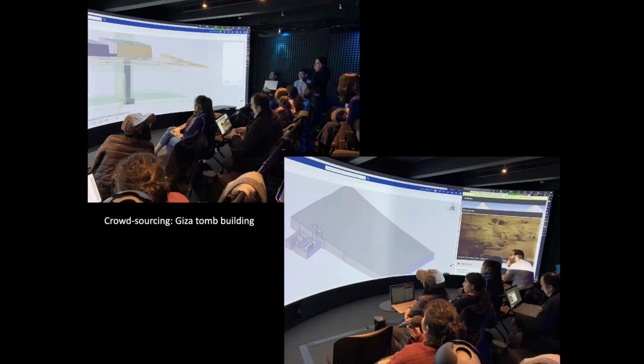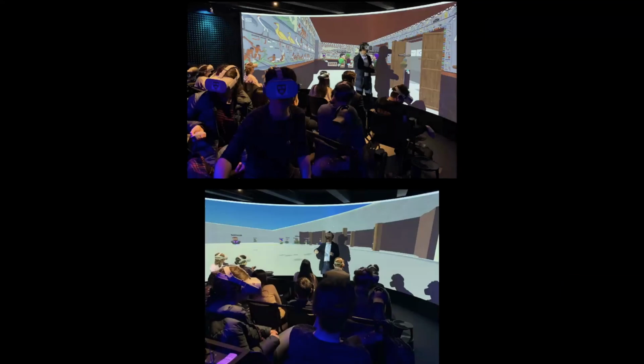And of course, there are hundreds and hundreds of tombs at Giza, and we don't have the personnel and the time to build every single one to the level of detail that we want. So I won't give up on this. I'll see if we can get usable, basic mastaba tombs out of this kind of crowdsourcing work. And who knows, maybe it could be taken worldwide on the web with some kind of contest or other. There's a lot of talent out there, and maybe we could get more of the necropolis constructed with that kind of help. So obviously the web can reach the widest audience.